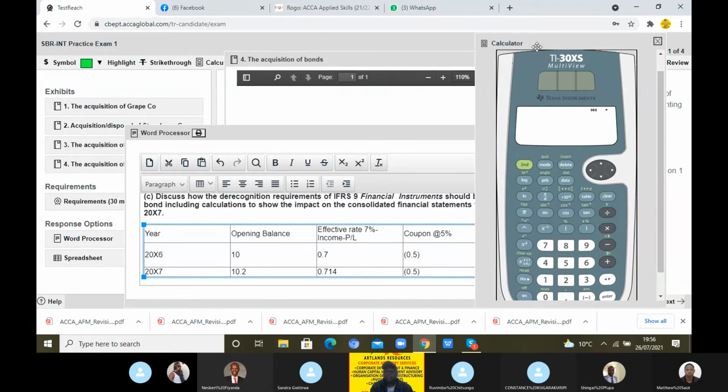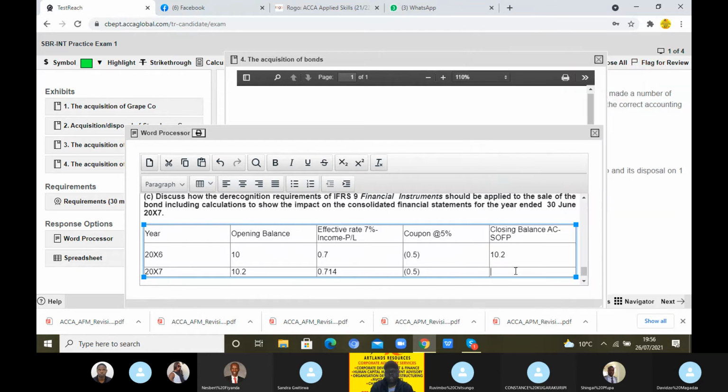Notice the edge of the calculator now. It's now black. Whenever this happens, it means whatever you're typing is going on the calculator. Also, this cursor would be flagging like this, telling you that whatever you're going to type now is coming on the calculator, not on the answer tab. So you're now saying 10.2 plus 0.714 minus 0.5. So the closing balance on this is 10.41. So the bonds are now at